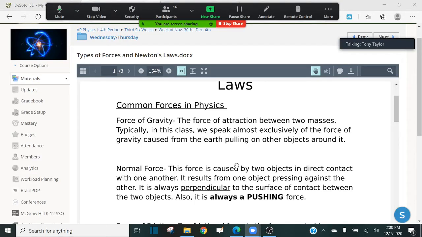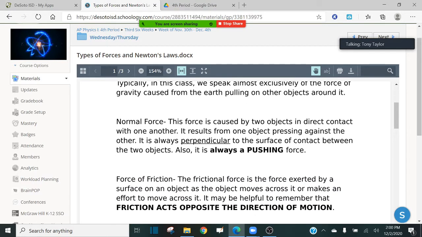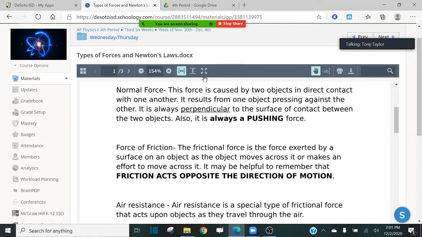Okay, let's move on to talking about the next force in this class, which is what is known as the normal force. We've already talked about this force as well. This force is caused by two objects in direct contact with one another. It results from one object pressing against the other. It is always perpendicular to the surface of contact between the two objects. So, for example,